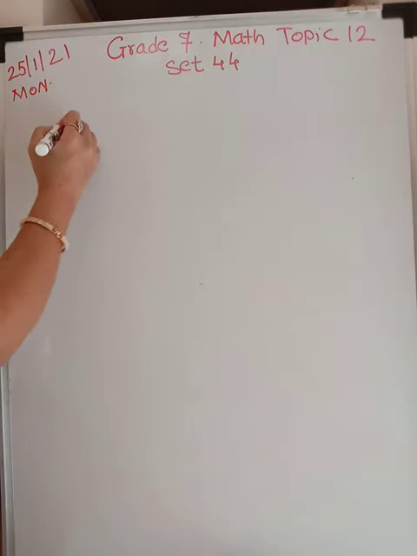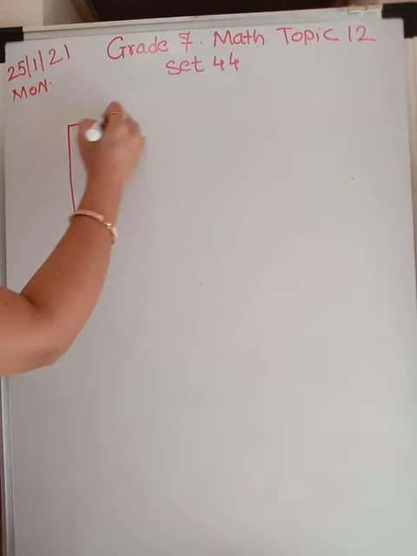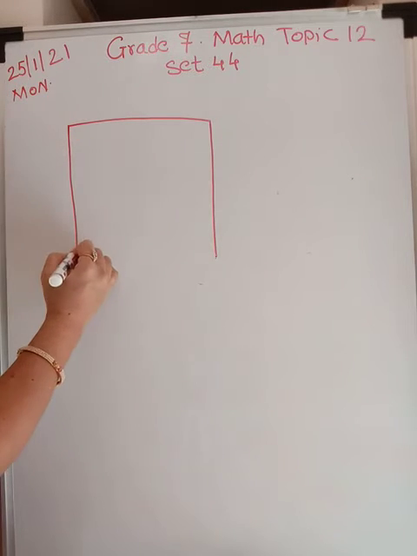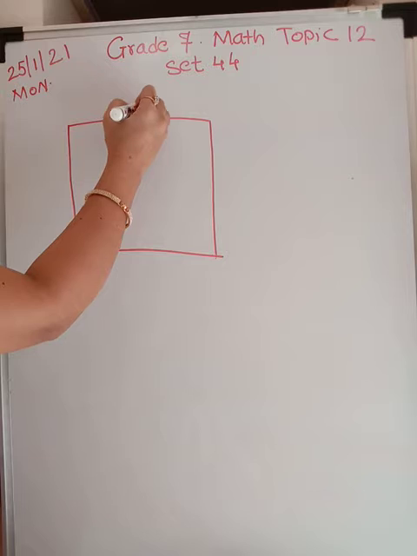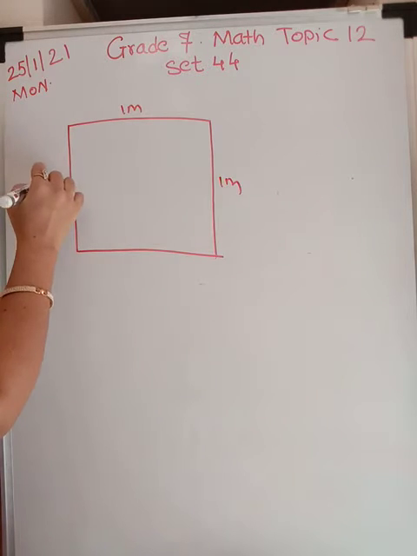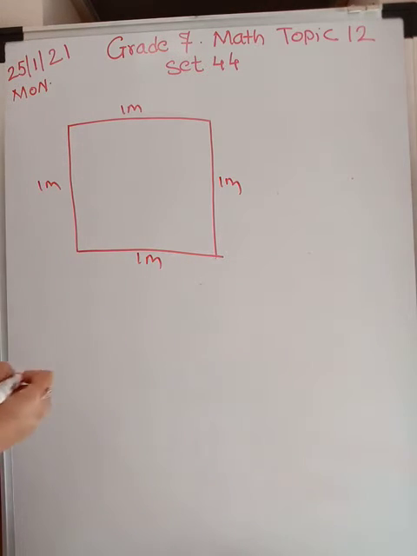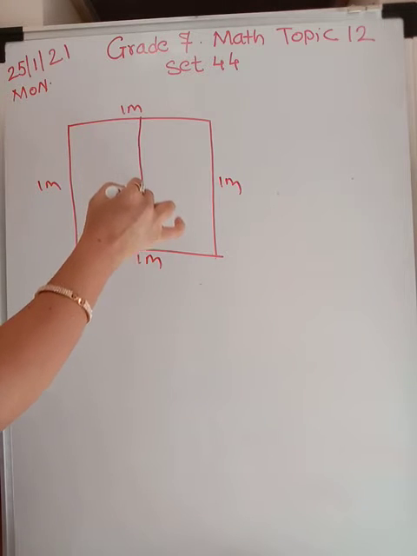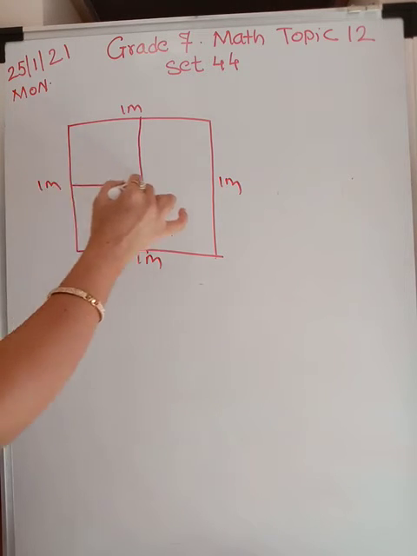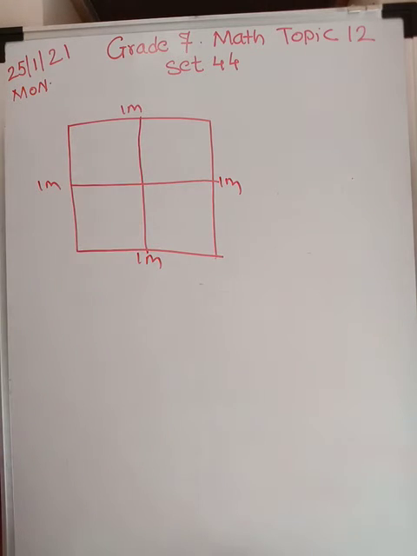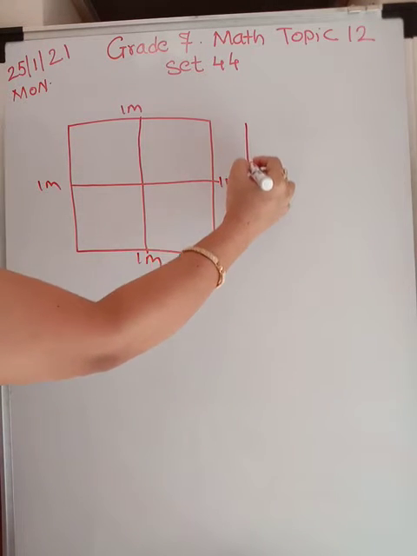So first we will take a square. That means 1 meter is this. Okay. This is all 1 meter. 1 meter, 1 meter, 1 meter and 1 meter. Now they were cut from the center like this. Okay. They were cut from the center. And how many small napkins were formed? 4. So 4 napkins I am going to draw over here.